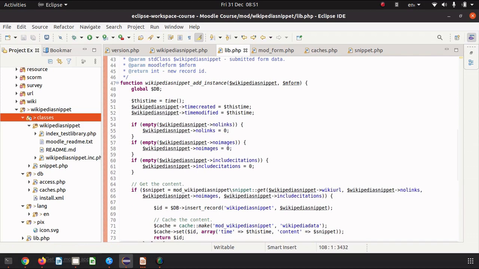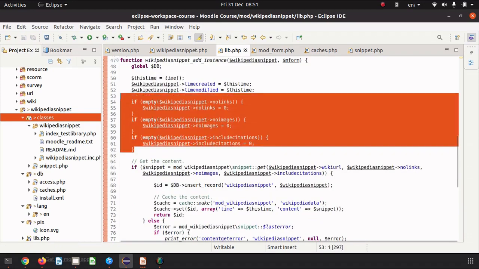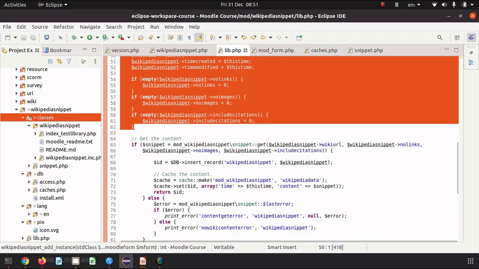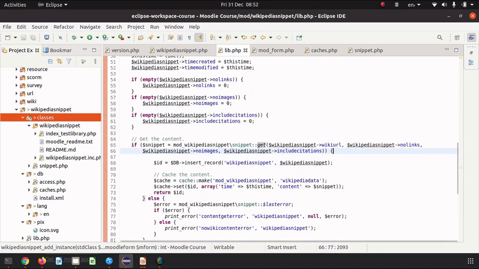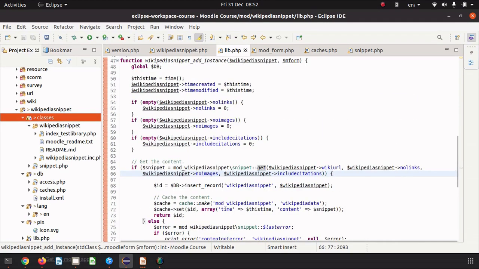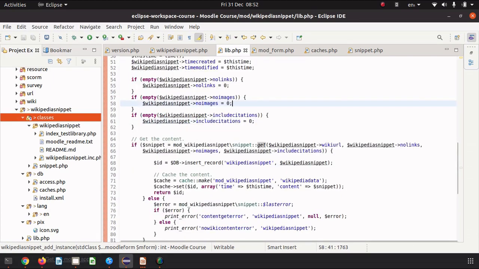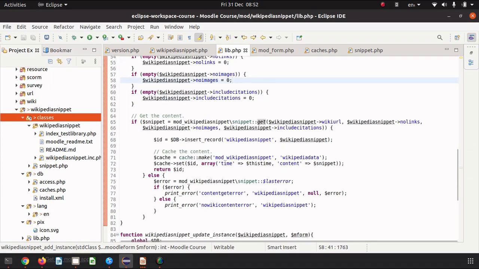So I've added some code in add instance. So we've got the stuff that we've done previously, which was to set up the record, but now we've added in the bit to get the content. So we are calling our mod wiki snippet class snippet with the get, and we're passing the data that we've just worked with that came in, and we've adjusted for the check boxes, and we pass that to our third-party library via our snippet class. Okay. And if we get a snippet, we then store our record